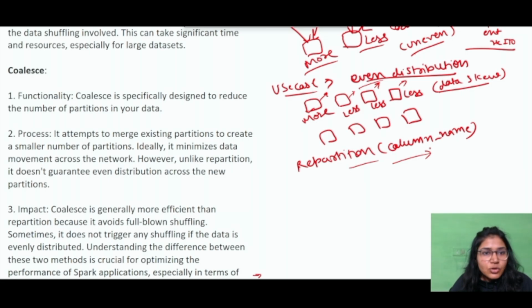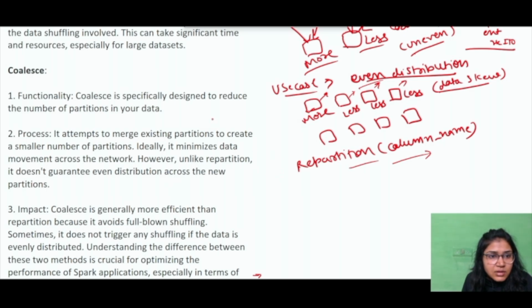Everything we are discussing here is not a silver bullet. It all depends upon how you are writing your code, and based on your data set distribution and what type of data you are reading, you can see what operation would be suitable for your key. So that is again the use case: when should we go for this type of operation? Again, to optimize your Spark process, for removing the data skewness, and for redistributing the data based on the column value.